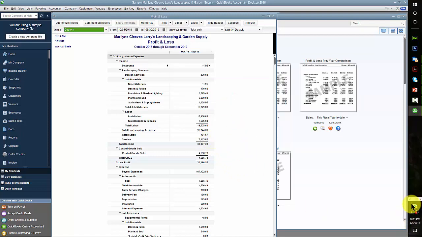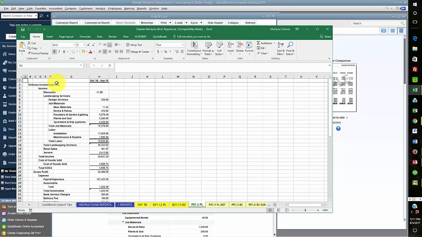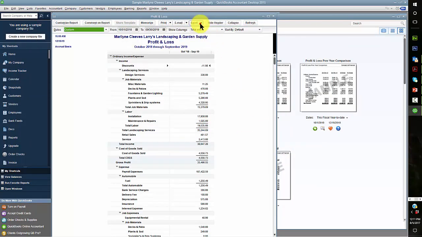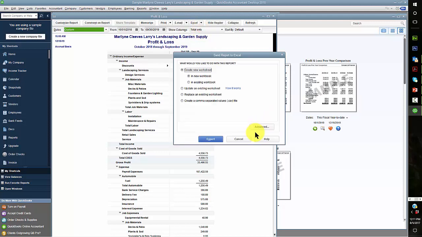Come over and look for my Excel file. Hasn't opened yet. Oh, I just realized something. I made a mistake. See this part here? I didn't go through and do the advanced options. So let's close this one out. Don't. Come in and do Excel, create new, replace an existing, and I forgot the advanced portion, which was,